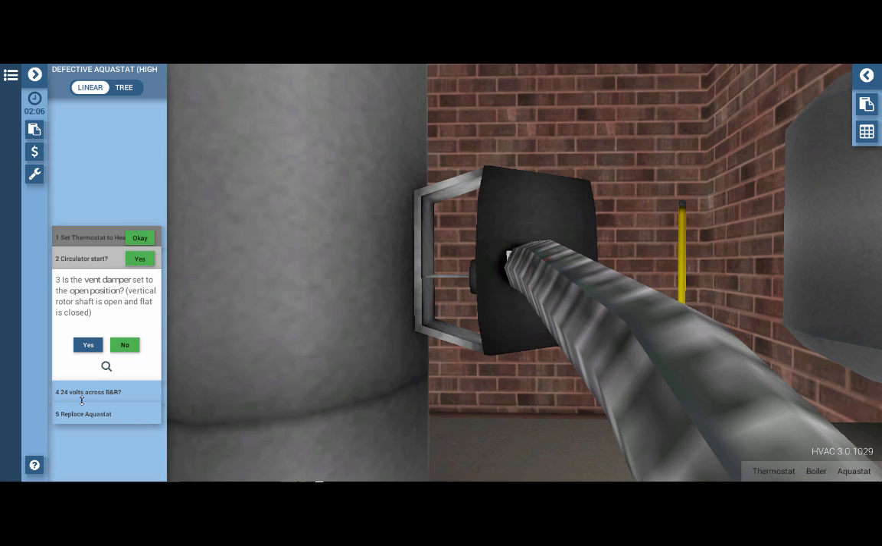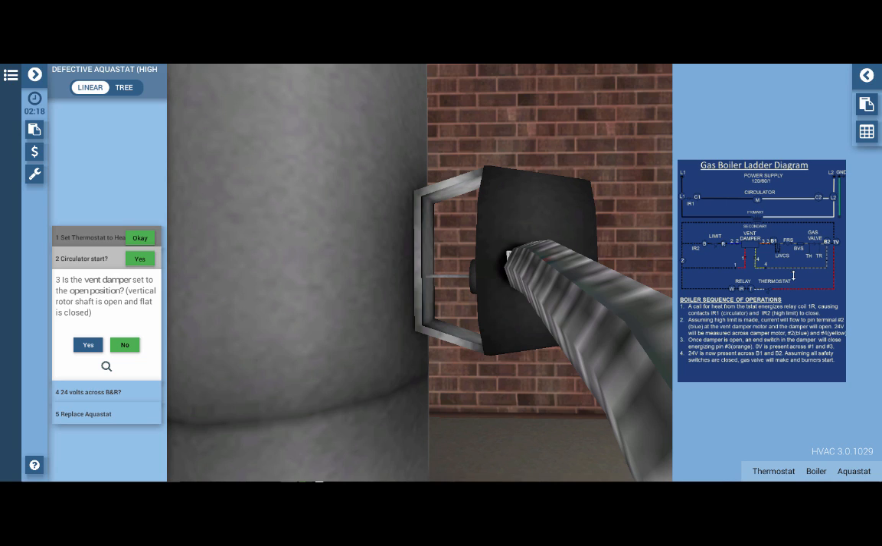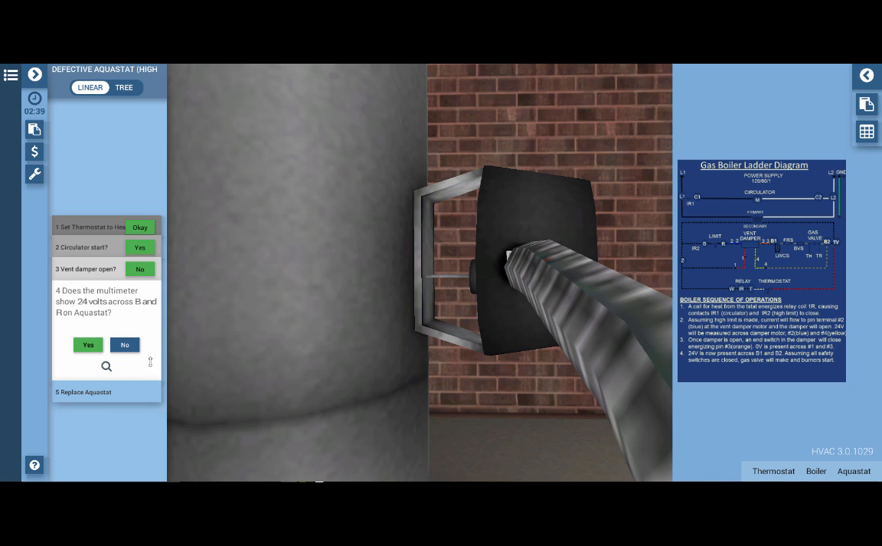Our next step, before looking at the aquastat and the high limit, we want to click on the wiring diagram tab over here on the top right of the page, second tab down, and just review briefly the wiring diagram. We know that the vent damper, which is located right here, is not receiving power. It's not energized. It's possible that the vent damper is faulty. It's also possible that this high limit switch is open right here. So what we're going to do next is measure for 0 volts across terminals B and R